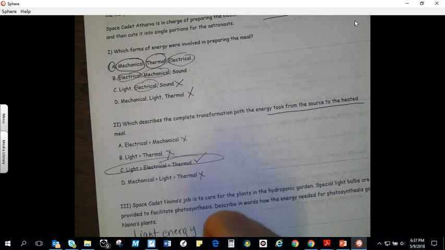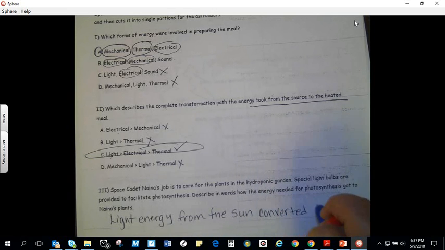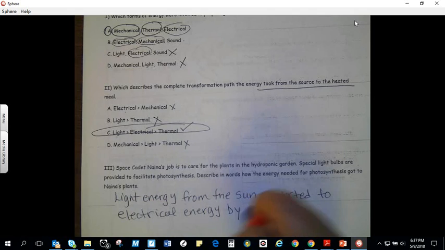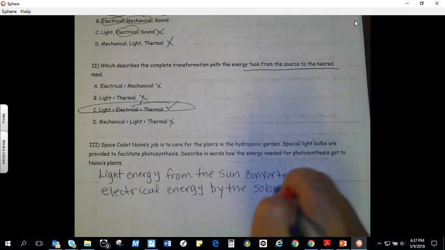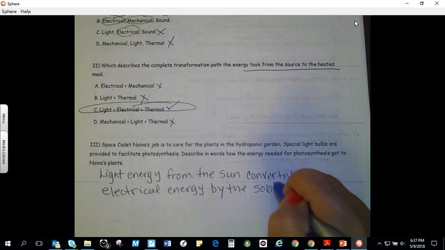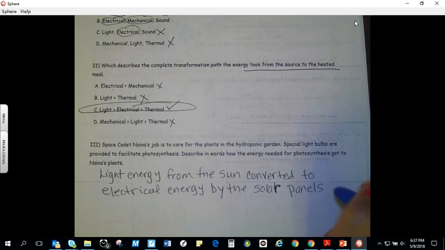from the sun is converted to electrical energy by the solar panels. Because remember, they're all looking at your story up here. You got to go back to your story up here. It's operated by solar panels. That's an R. Okay, next you have